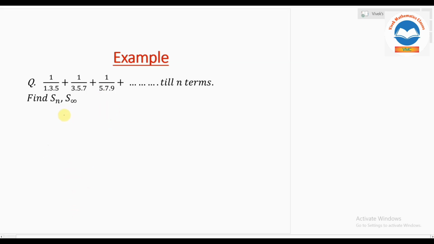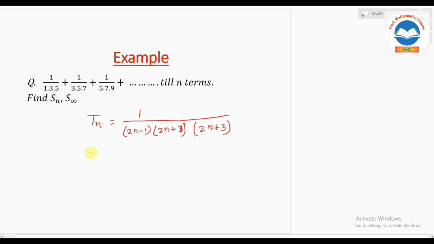Okay. So here also what will be our objective? To find Tn. So what will be our Tn? The first term they have given is 1 by 1 into 3 into 5. It means odd numbers. How to write odd numbers? What will be the nth odd number? 2n minus 1. So it will start from 2n minus 1, the next number will be 2n plus 1, and the next will be 2n plus 3. So these will be our 3 odd numbers, the product of all 3 odd numbers.